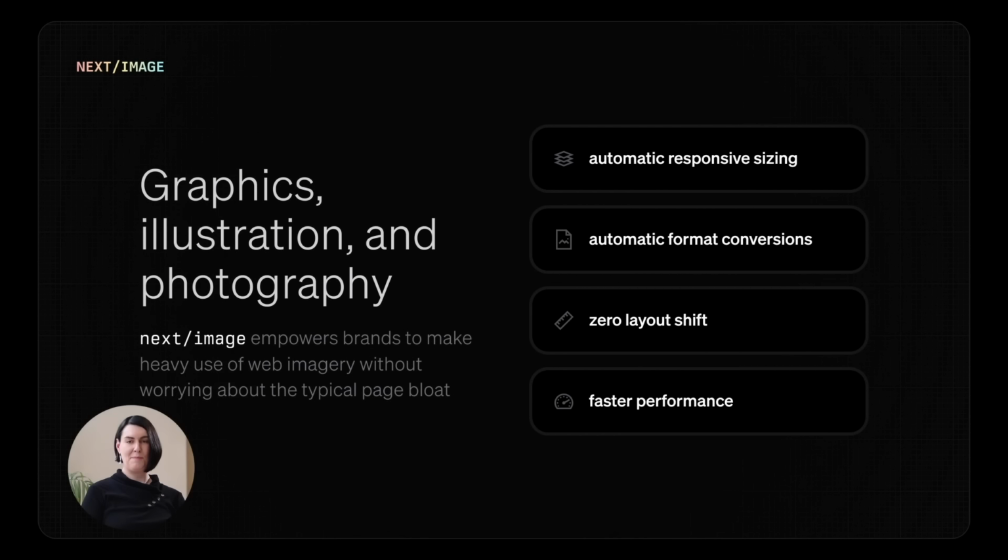Next, let's discuss imagery. In the past, heavy usage of illustration or photography meant your website would be slow for users or a burden for developers, having to maintain complicated pipelines to render image source sets. With Next Image, all modern best practices are baked in for free. Images are automatically resized for different viewports and converted to modern image formats like WebP and AVIF. Images are lazily loaded as they come into view with zero layout shift. Yet developers enjoy the familiar experience of working with a simple image tag.